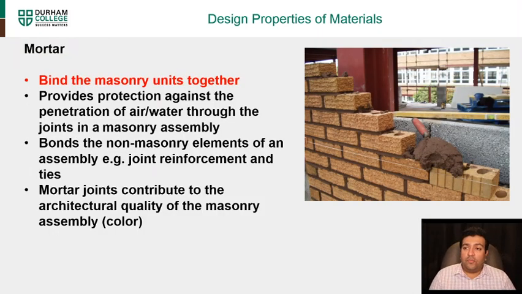Then you have the mortar. Mortar is the binding. It binds the masonry units together. It provides protection against penetration of air and water through the joints in the masonry assembly. So it combines everything together and makes it weatherproof. It bonds the non-masonry elements of the assembly, for example joint reinforcement and ties. So if they're putting any ties in there, it joins the brick to that. Joints contribute to the architectural quality of the masonry, so it also has to match the color of the brick. You can add different pigments to the mortar so that it matches the color